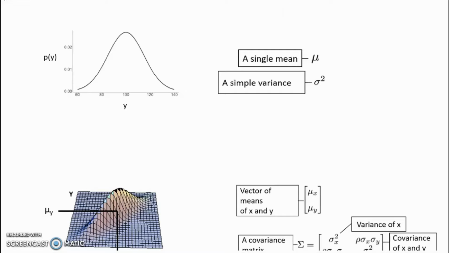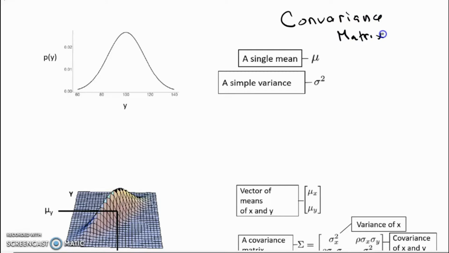In this video, what I want to do is explain the concept of covariance matrix for bivariate normal distribution. That's the goal. But I want to start off with